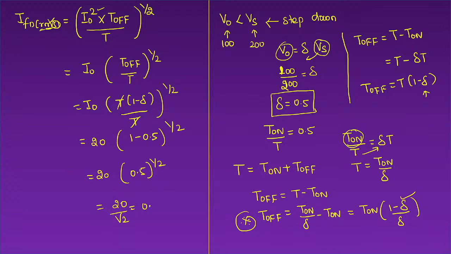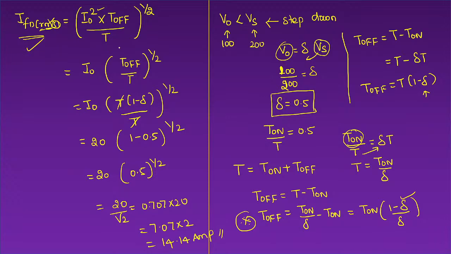1 by root 2 is 0.707 into 20. So it will be 7.07 into 2, or I can say it will be 14.14 ampere. So successfully we got the answer. Yes or no? Yes, sir. So what is the answer? 14.14 ampere is the output RMS current that is flowing through the freewheeling